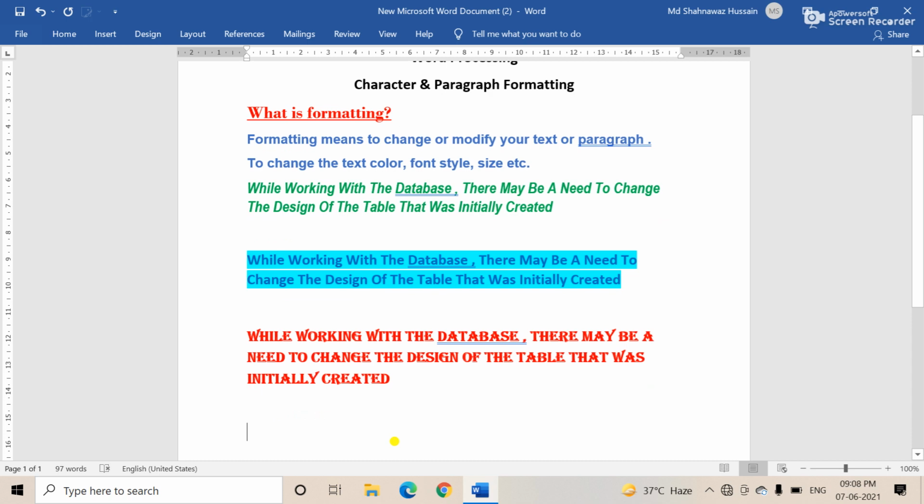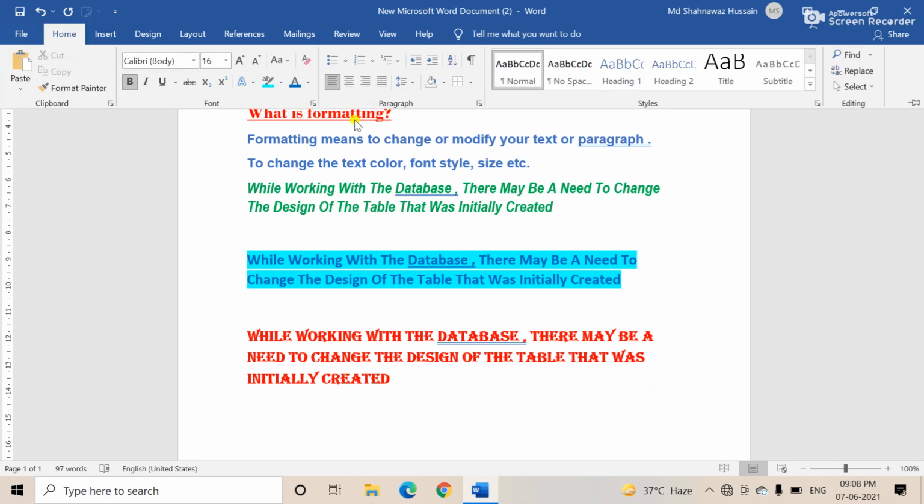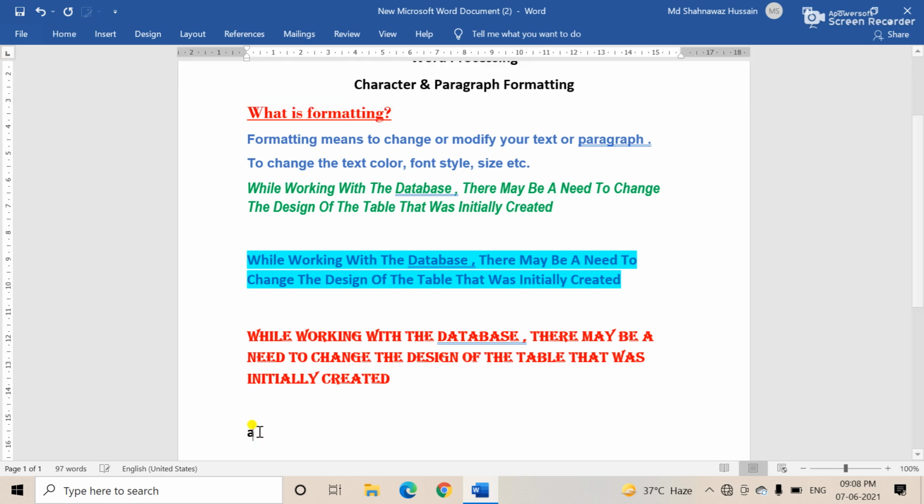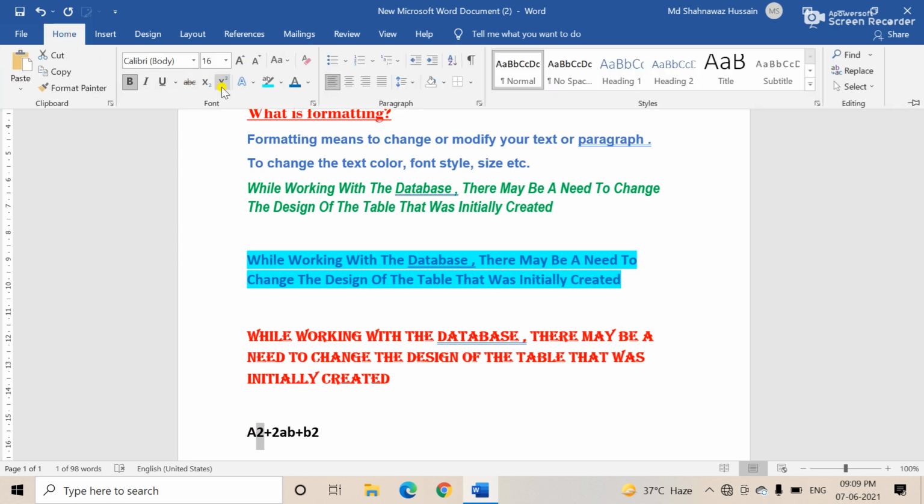So before that, subscript and superscript, I would like to show you one more thing. Here is the paragraph. First you, okay, no issue. First we discuss the superscript and subscript. So subscript and superscript means how you use them. Suppose a square plus 2ab plus b square. Okay, but a square is not coming. Square means the power. Just select and click this. See, this is the superscript. Click over there, like see, superscript.